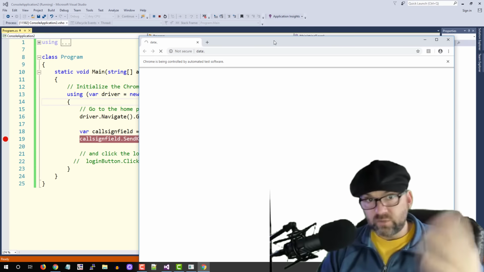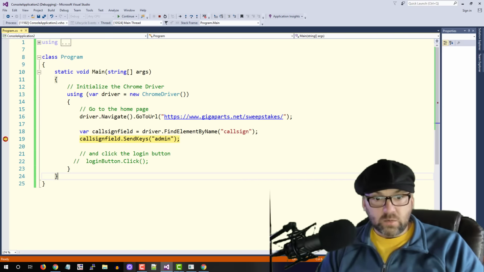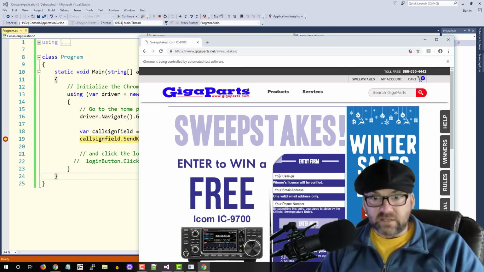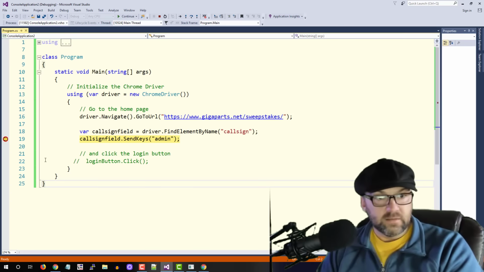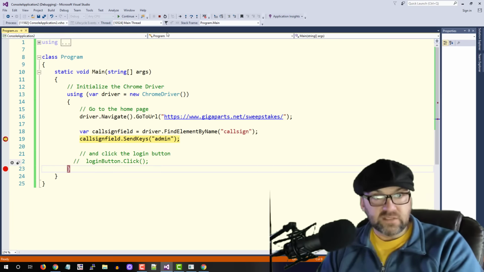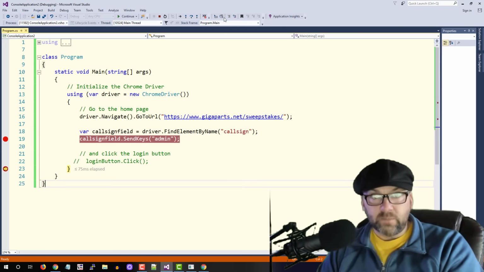Here's the web browser. It opened the web browser for me. It's going to the website. And now it's gotten to the point where it's about to fill out the symbol. I can't hit F10 because I'm using screen recording software right now, and it will stop. Look at that. It put admin in there. Now I don't want admin. I want my call sign,